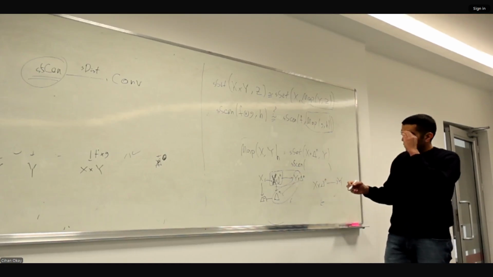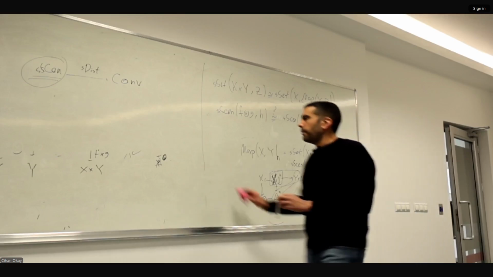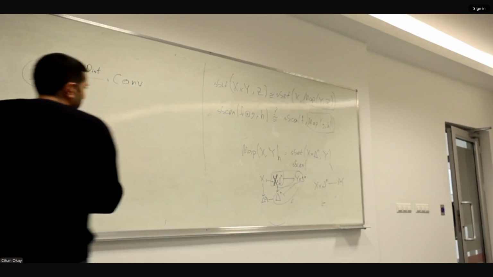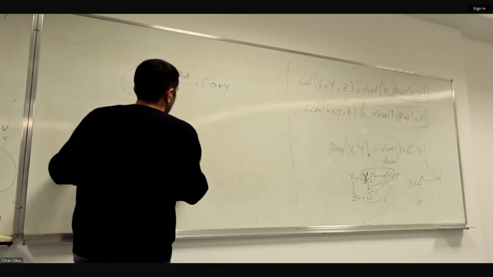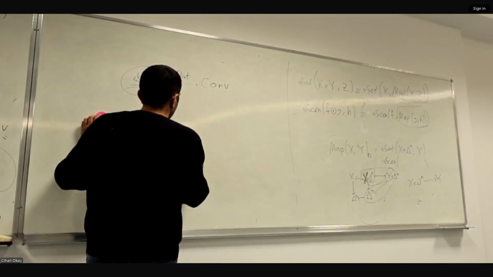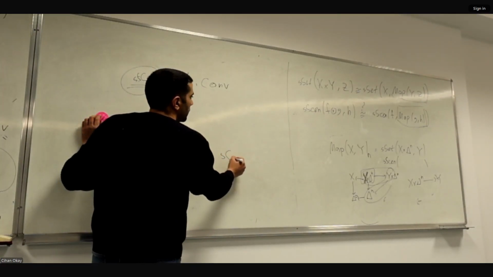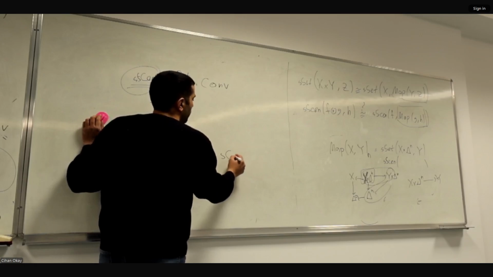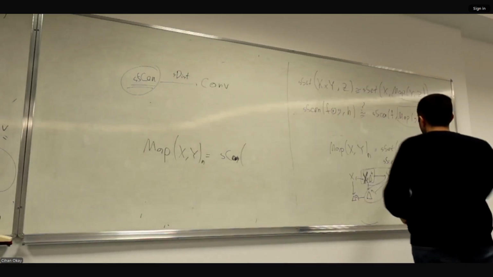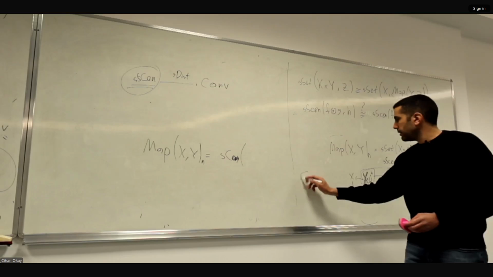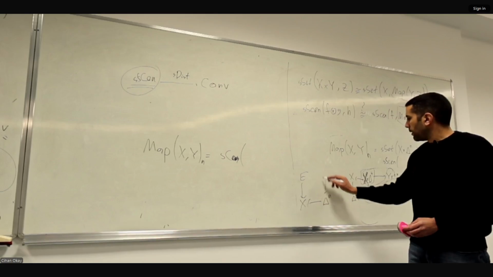Now the mapping x, y, n should be some mapping scenario from, now instead of this, we will take here e, x, and here delta n, and here the